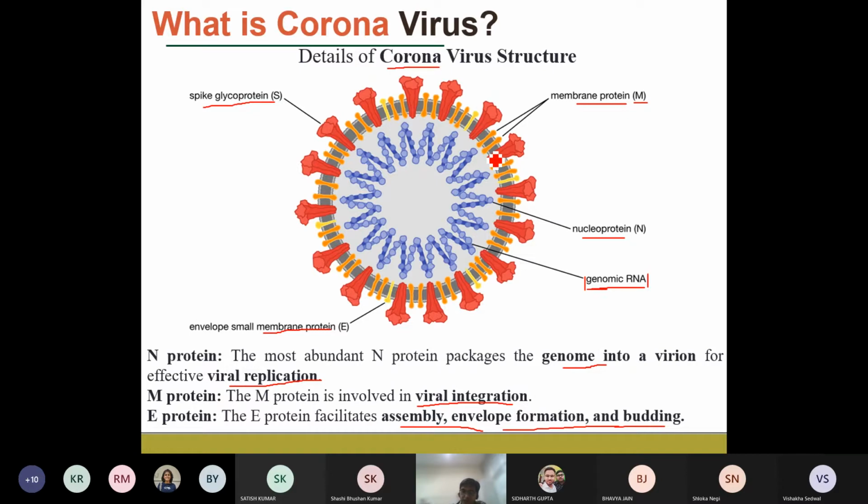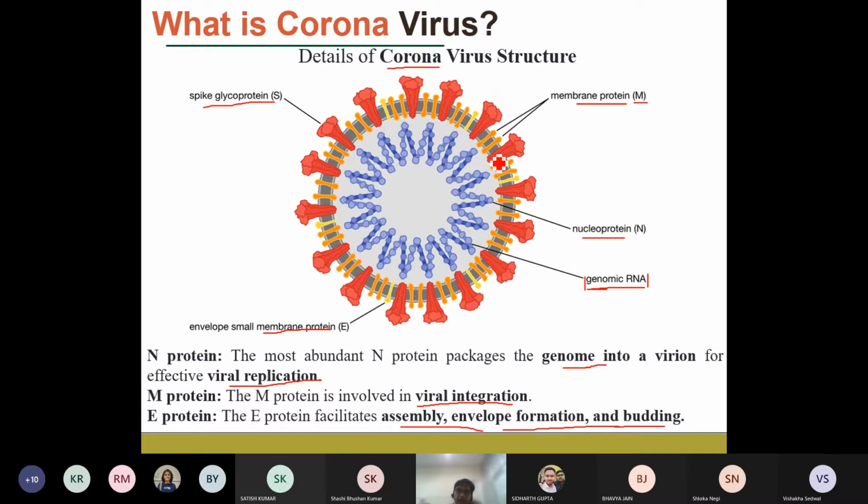So for testing and confirmation that a particular person has been infected with this coronavirus or not, what we do, we take the swab, we insert the swab in, for example, the nose or the throat, and we take out the fluid which contains this virus, and then we extract the virus. So that we have protocols and steps through which we can extract the virus, separate the virus from, for example, the salivary fluids.